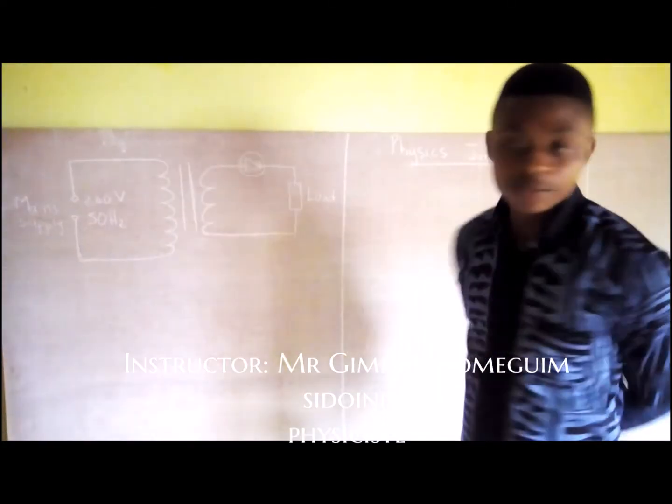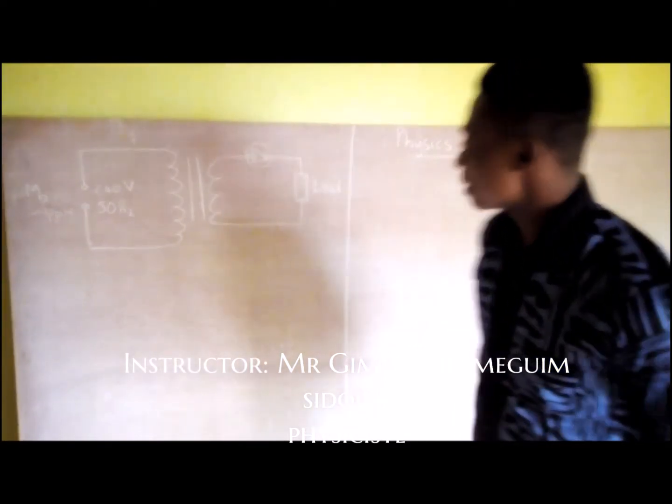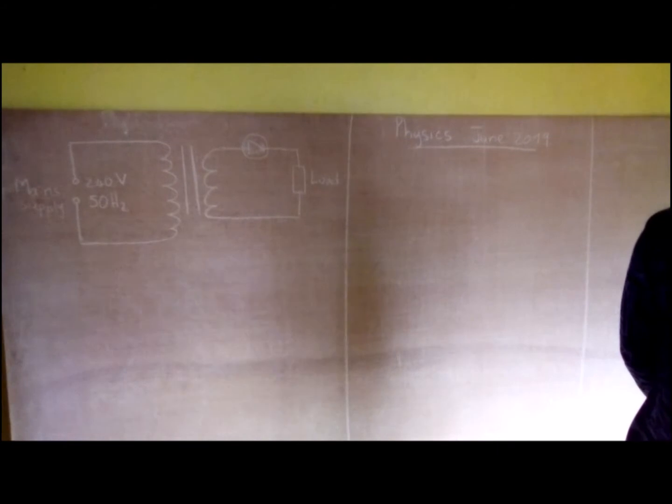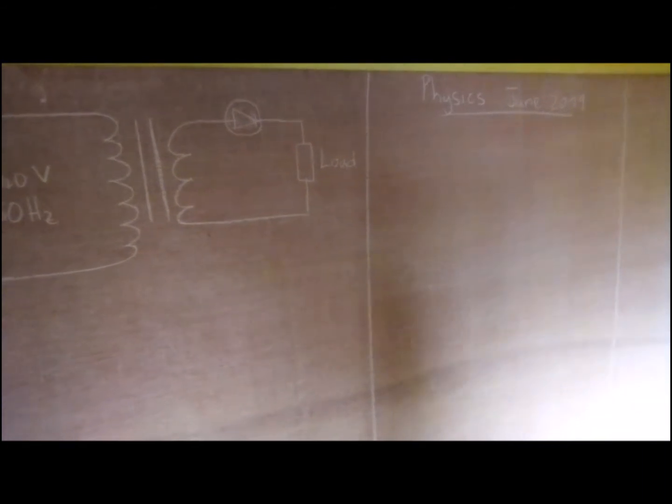Morning guys, today we'll work on physics, solving June 2019, and we're starting with question 1 as normal. Question 1 is under magnetic field. Figure 1 shows a circuit diagram used to run a small radio from the main transformer. Okay, here is the circuit diagram. Now the questions are as follows.